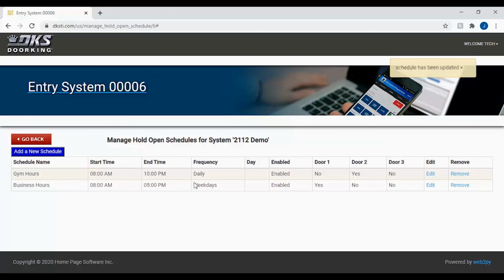Congratulations on programming your first DKS 2112 hold open schedule. You can now check to see if your door is holding open like you have planned,